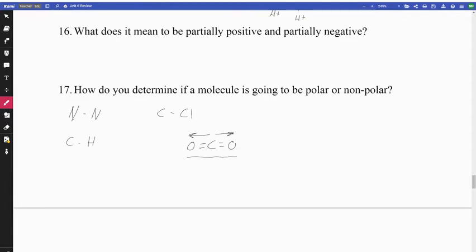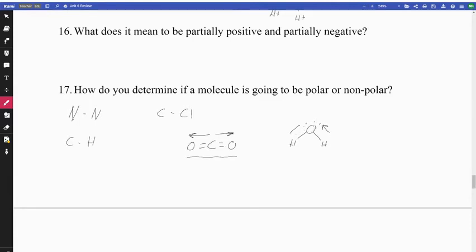Now, another similar situation, let's say we have water, H2O. So H2O is similar, but a little bit different. H2O still has two atoms on the outside, but instead of being oriented in a linear molecular geometry, it's oriented in a bent molecular geometry. So that being said, in this case, oxygen is the more electronegative one. So the oxygen is pulling this way